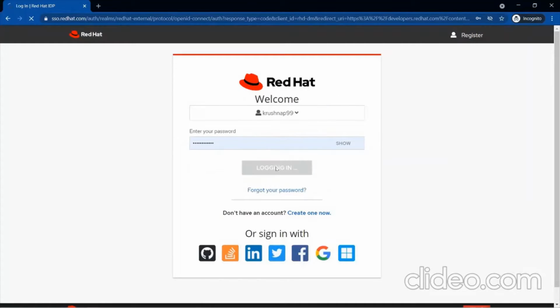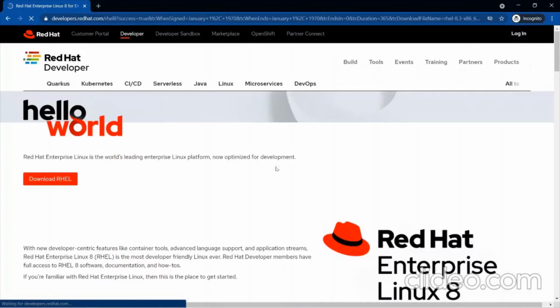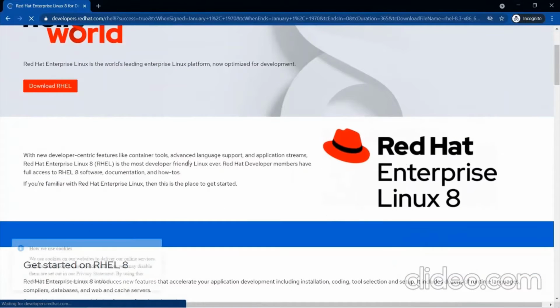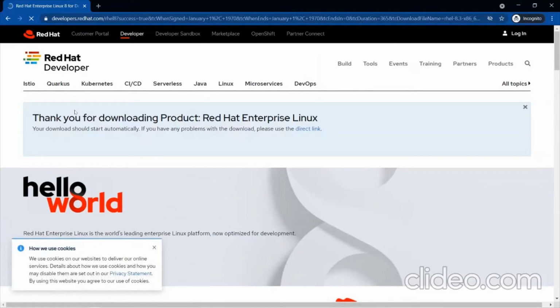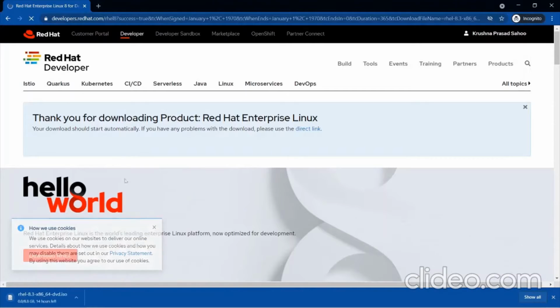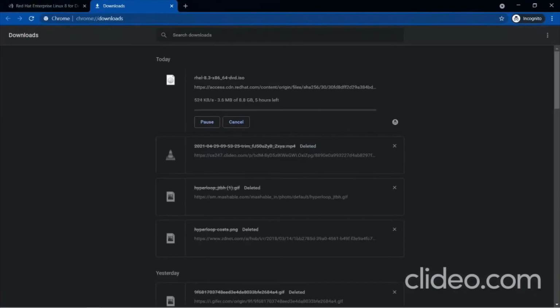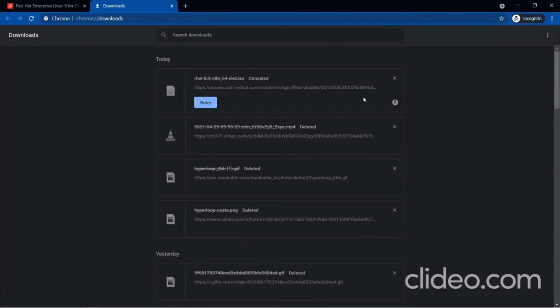Enter your password. After logging in or creating a new account, you have to verify your email ID also. This is the page where you can download RHEL, Red Hat Enterprise Linux 8. I think it will start downloading automatically. I will cancel. See here, the download started automatically. Cancel, I don't need it.